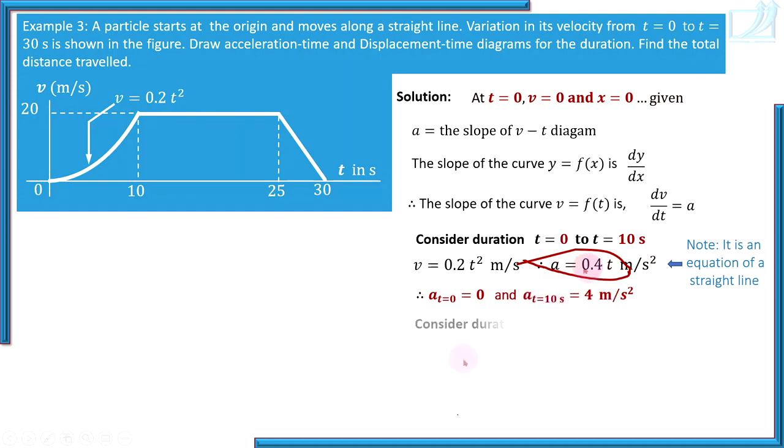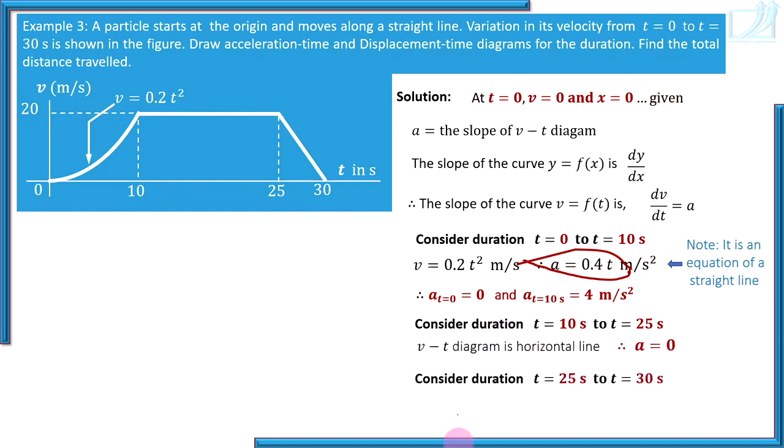Now consider duration 10 to 25 seconds. But in this duration, velocity remains constant. What does that mean? Acceleration is 0. Now consider duration t equal to 25 seconds to t equal to 30 seconds. Now acceleration is slope of VT diagram. So now we are finding